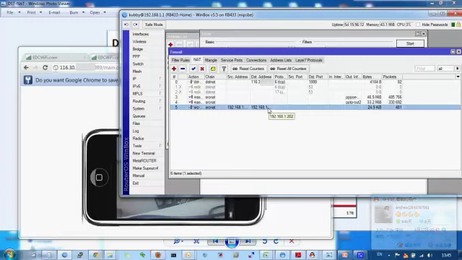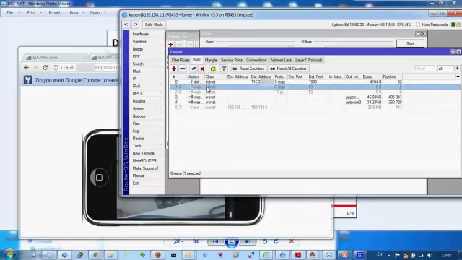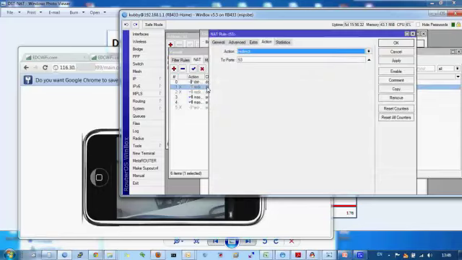Okay, if we do not want to use this rule, there is another way that we can access our camera, with DNS redirect. With DNS redirect, we can associate our IP camera with some kind of web address. But first, we must redirect all the DNS requests.